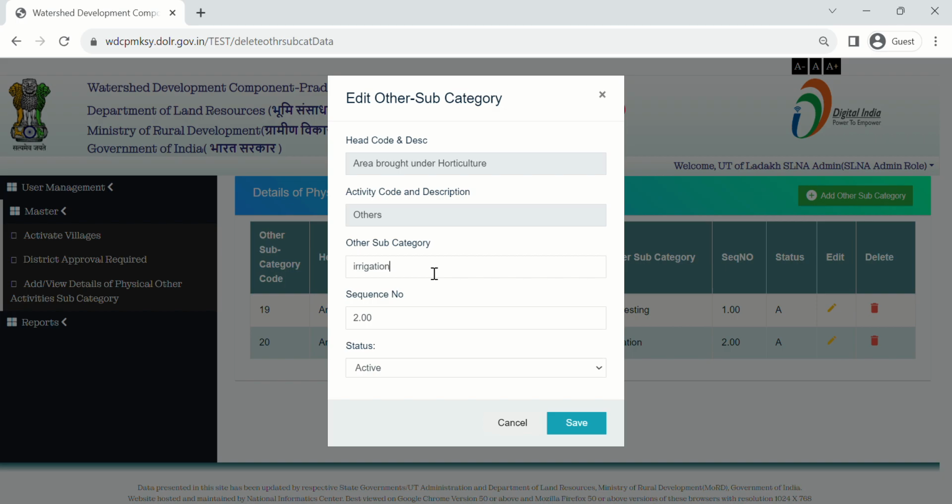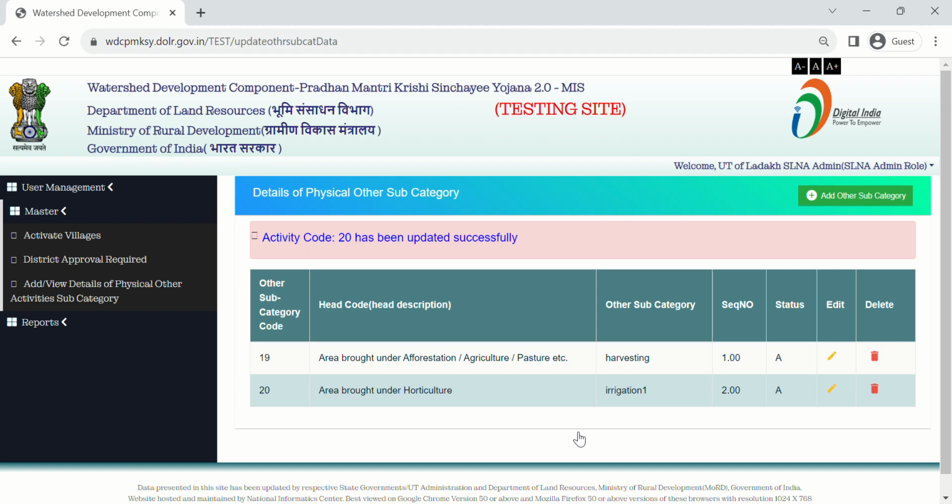So if you want to edit any subcategory, enter your other subcategory name here. Enter the sequence number and select the status active from the drop down menu. Click on the Save button. Now the record has been updated successfully.